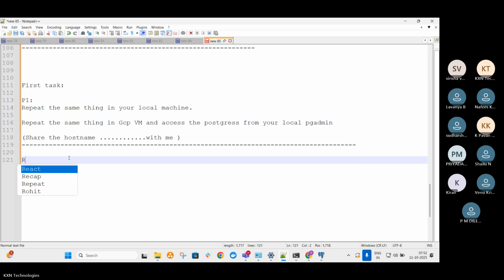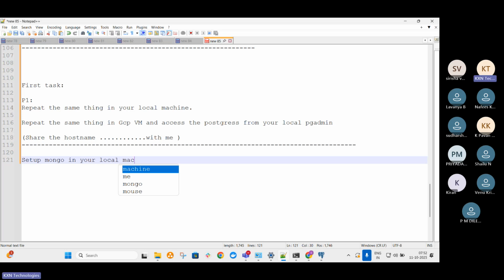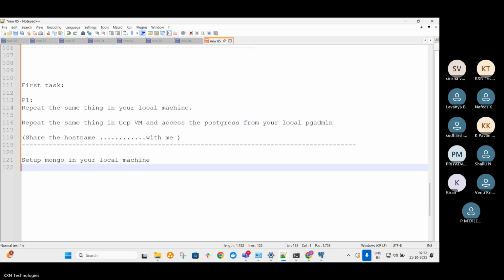same thing, but install Mongo, or set up Mongo in your local machine. Use Compass. So for Postgres we are using pgAdmin, right? For MongoDB, you should use Compass. Use Mongo Compass